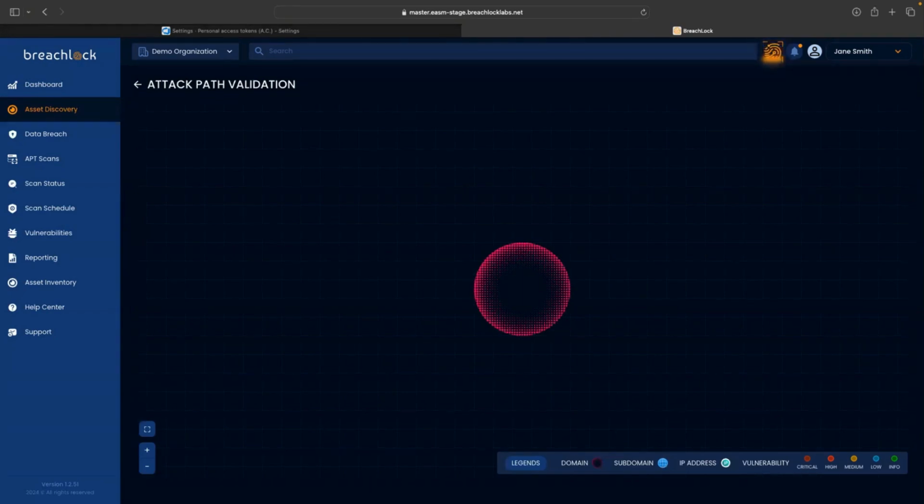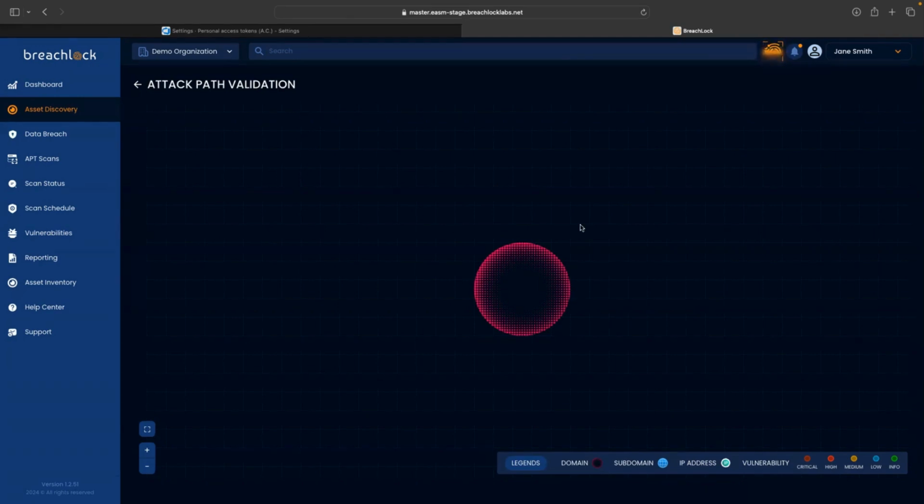By showing the connections between different nodes representing assets, vulnerabilities, and attack steps, teams can see the broader context of each of the vulnerabilities within the network, allowing teams to focus on securing these high-risk points. It can identify the shortest or most likely path an attacker might take to reach valuable assets, helping prioritize defenses along these paths. So for purposes of this demo, we will click on the globe as we have next to